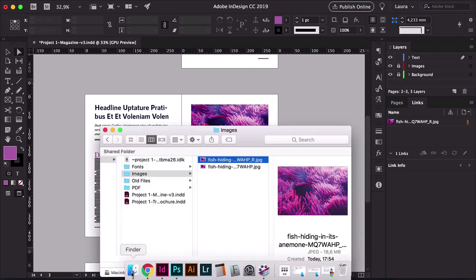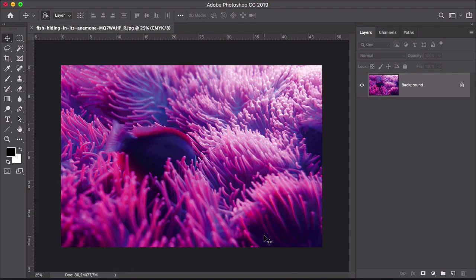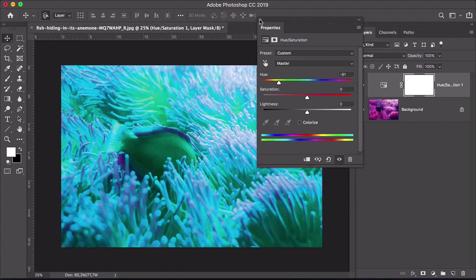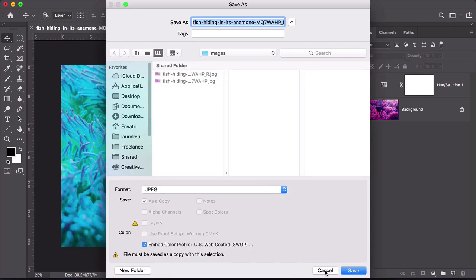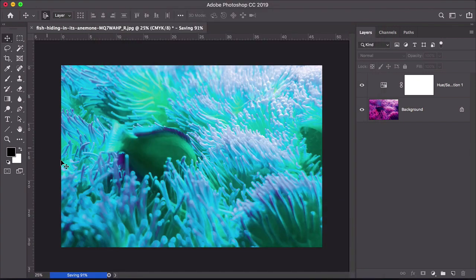So I want to go back to a couple of lessons ago where we talked about file organization. Another great advantage is that if you make any changes to the image that you're using in the file and it's properly linked, all the changes that you make on that image are going to affect it in the file. So for instance, I'll open the image in Photoshop. And let's say I want to change the color. And because we have a layer on top, I'll save this as a TIFF. So I'll put R version 2, TIFF, click OK, head back into InDesign,